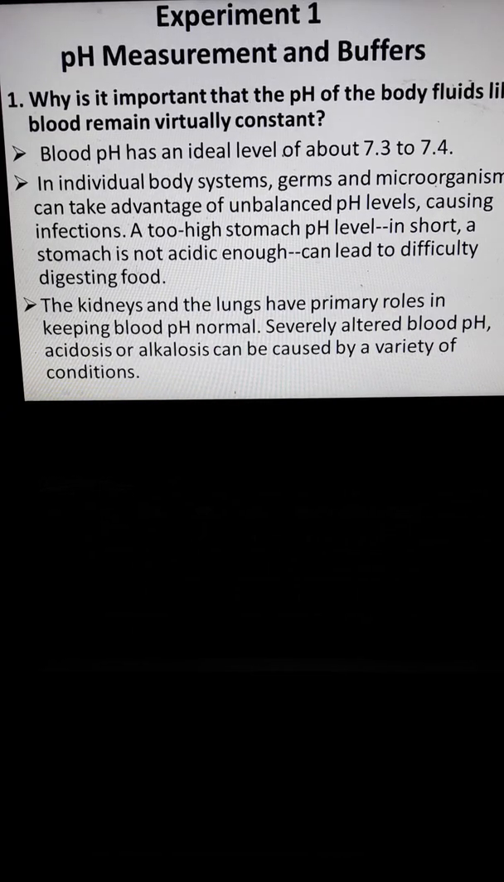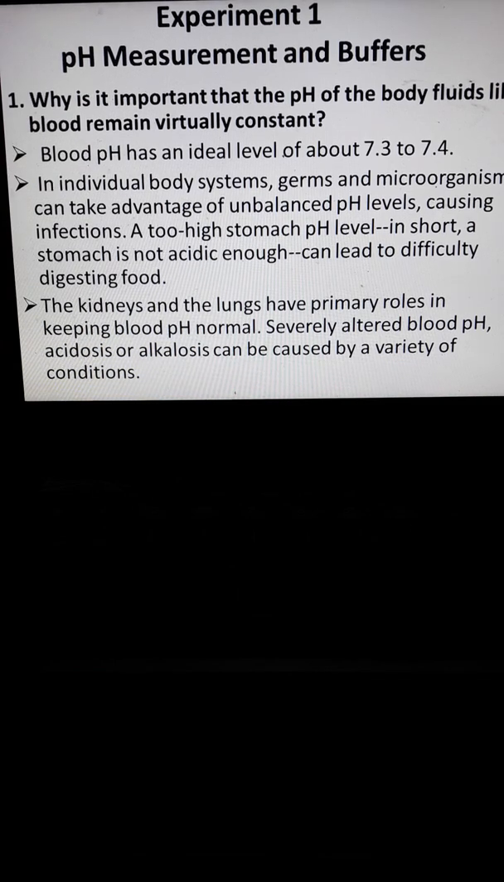So for experiment number 1, pH measurements, buffer. Why is it important that the pH of body fluids like blood remain virtually constant? Okay, so usually the pH of the body remains virtually constant because, number 1, our body, or even the digestive tract, maintains the pH of